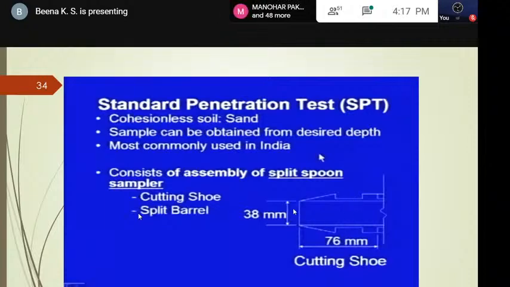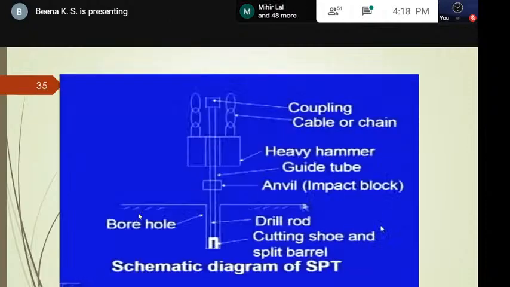The diameter is normally 38 millimeter, and the sampling length is around 76 millimeter. Now, this sampler we insert into the ground in a borehole, with a cutting shoe you can see, a drill rod, an impact block or anvil, a heavy hammer, a guide tube, and a coupling cable. These are the main parts of this test